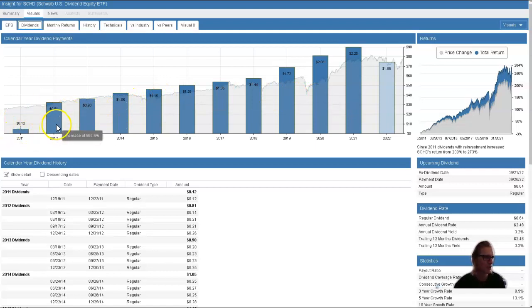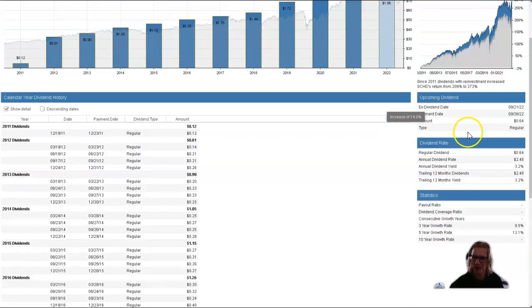So it started, if we take 2012 as a baseline, 2013 increase of 11.6%, 2014 increase of 15%, 9.5%, 9.7%, 7%, 7%, nearly 20% increase into 2019, 17% increase in 2020, and just over 10% increase into 2021. So we can see this regular increase in the dividend payments coming through, which makes this a very attractive package